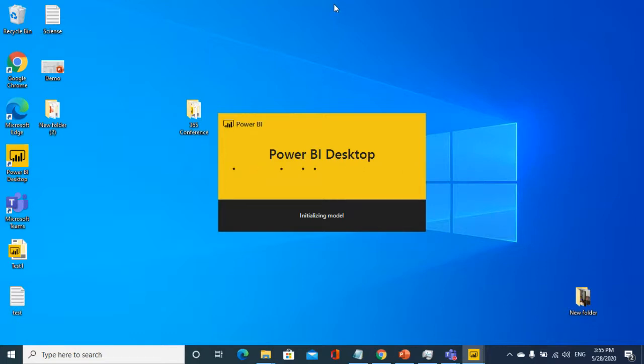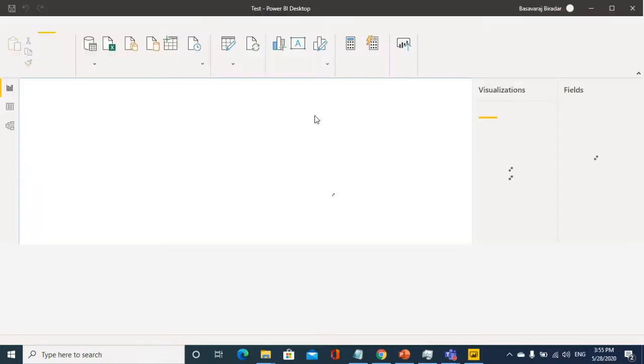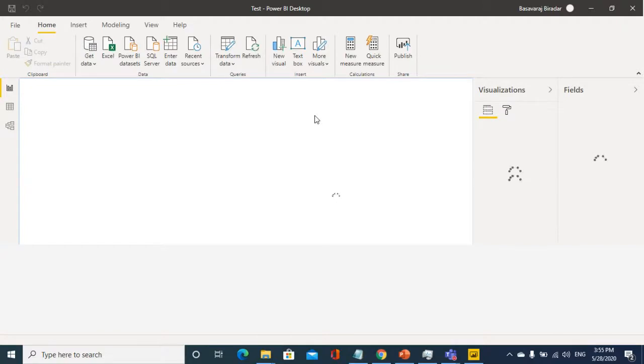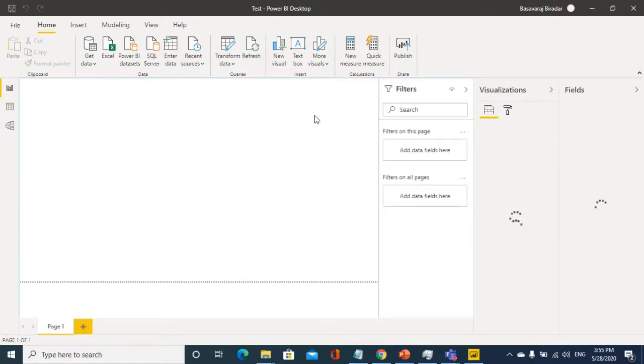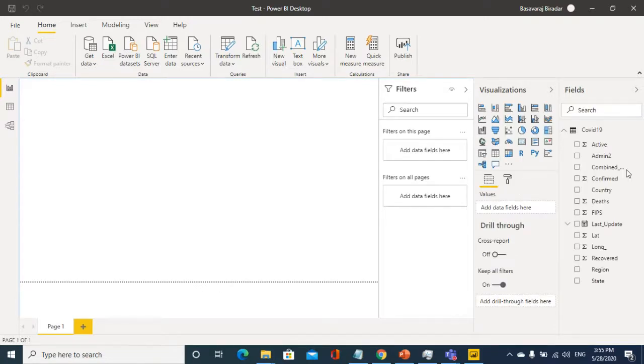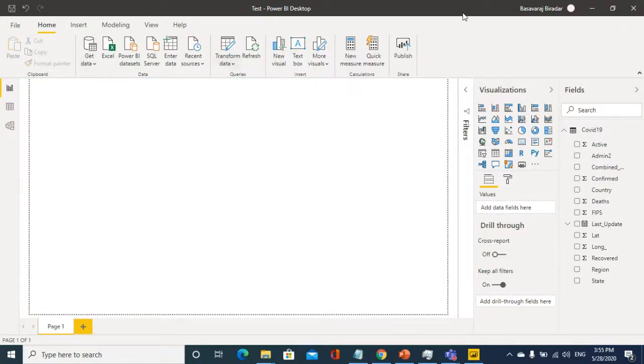It's loading. Yeah, this is the merged dataset I have, and this is the Power BI desktop editor.